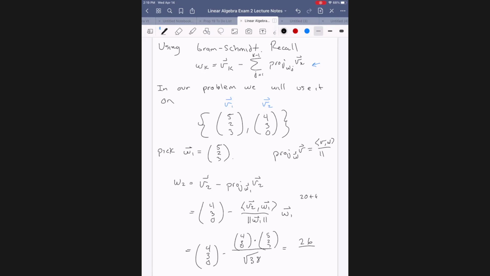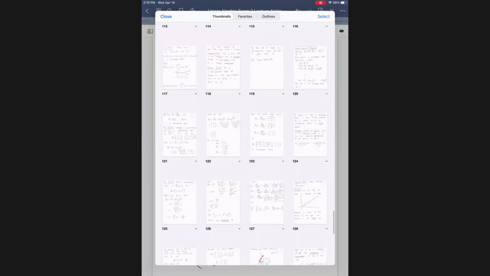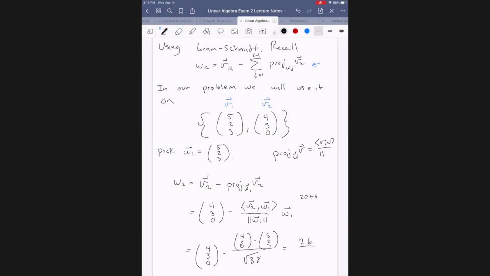So how did I get 38? 5 squared is 25 plus 4 is 29 plus 3 is 38, right? That's right, right? I thought for the denominator that it was just a dot product of W1. No. So if we go back here,